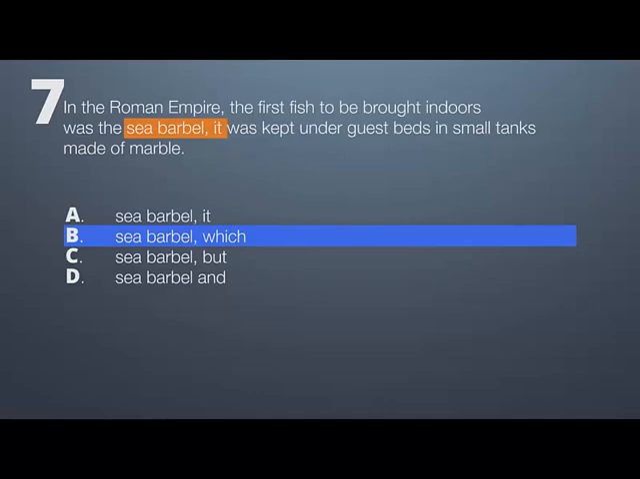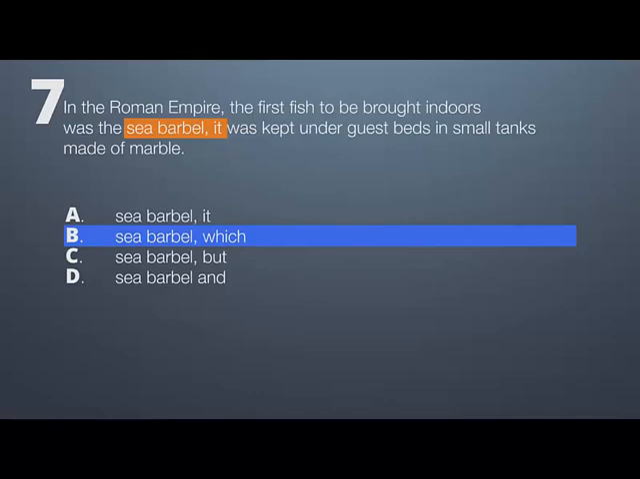Two independent clauses, the first fish to be brought indoors was the sea barbel, and it was kept under guest beds in small tanks made of marble, cannot be joined simply by a comma. The comma is a weak mark of punctuation in regards to connecting 2 main clauses. Choice C